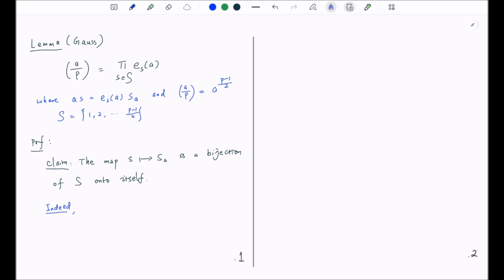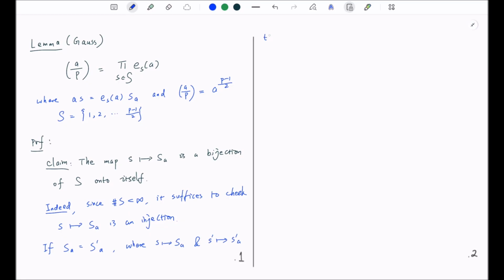Since S is a finite set, it suffices to check that this map is an injection. Indeed, if SA is equal to S prime A, where SA is the image of S and S prime A is the image of S prime,